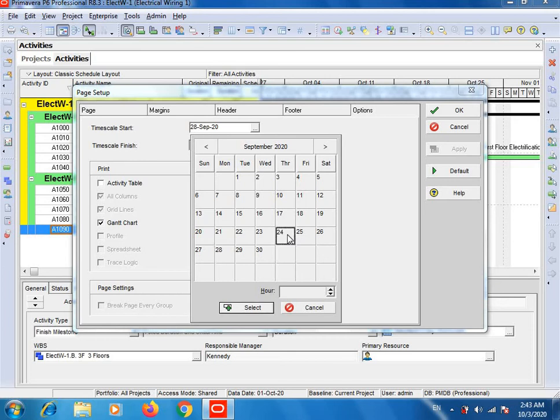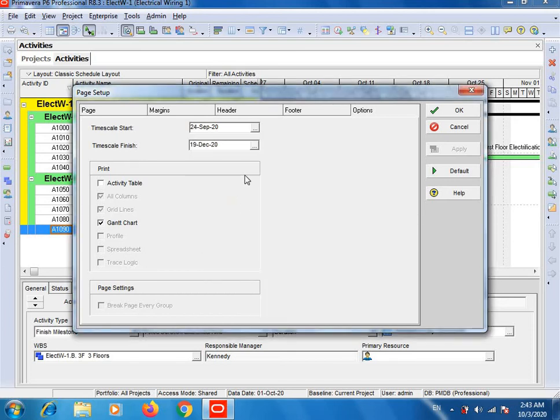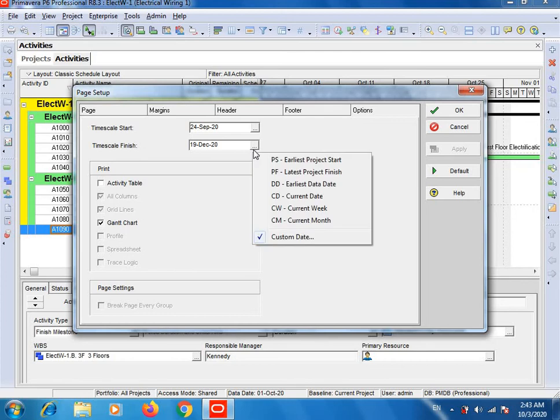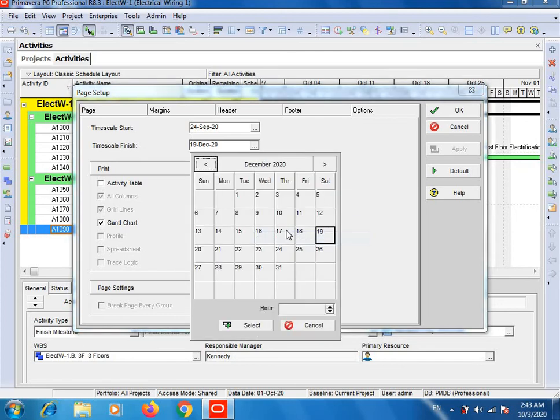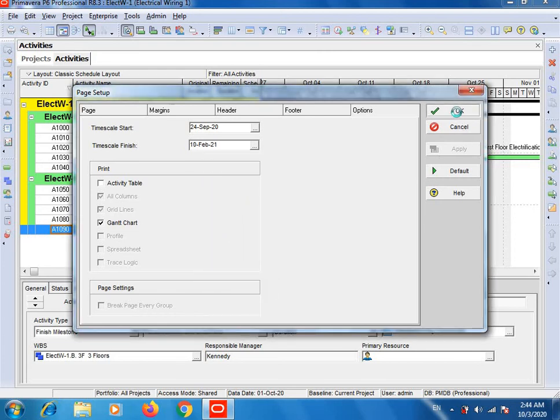Select 24 of September, and our project finish date is 3rd of February. As per the schedule, our project of 70 days will be completed on 3rd of February. So go 7 days ahead. 1, 2, 3, 4, 5, 6, 7. Select 10. OK. OK.